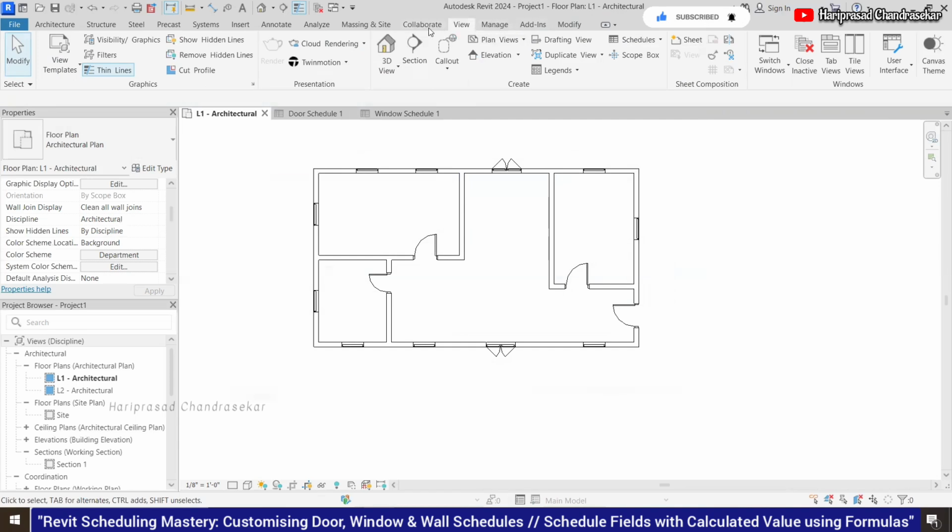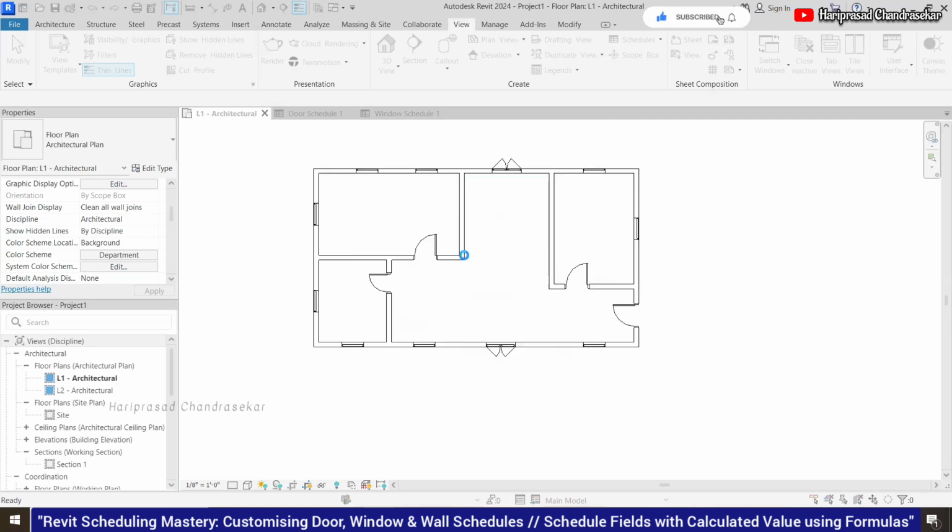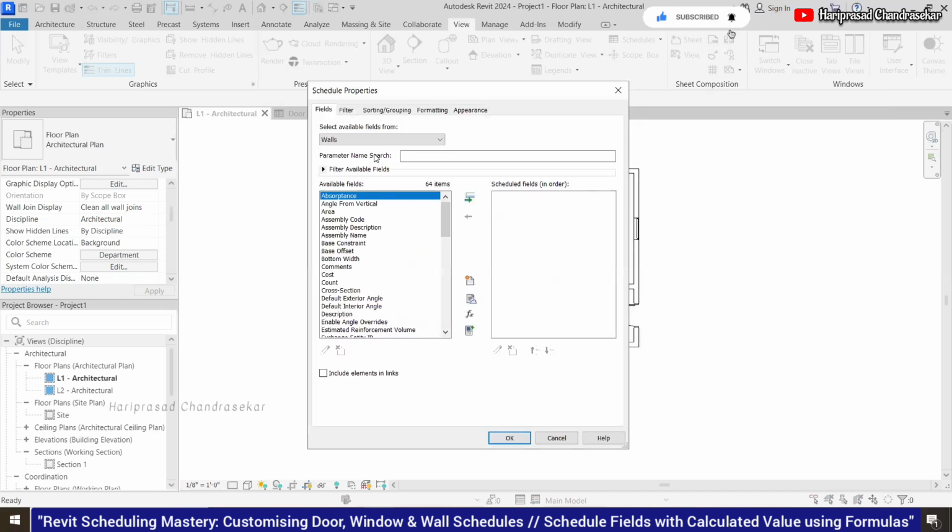Okay, now I will tell you how to get the number of bricks also. Then go to view, schedule quantities, and walls. Architecture only, right? Yeah, in walls you can select walls, wall schedule, click OK. Then you can select the parameters for the wall. So again, what are all the parameters we can choose? We can choose base offset. We can choose count,